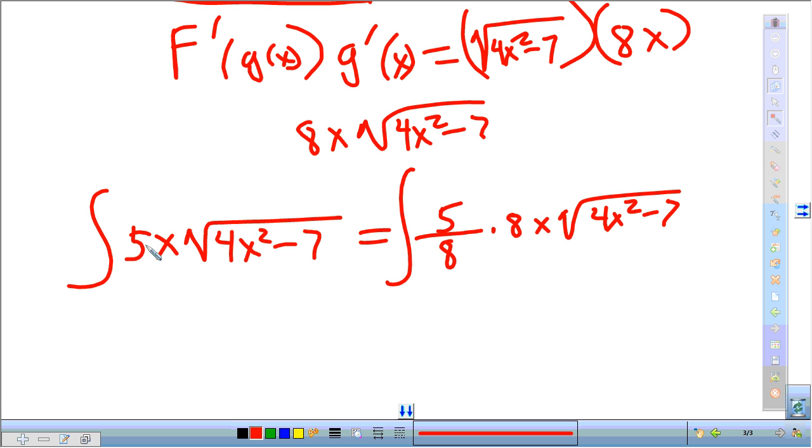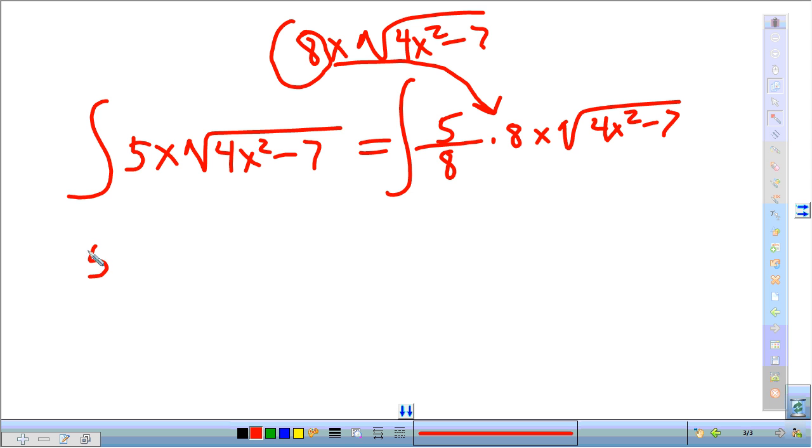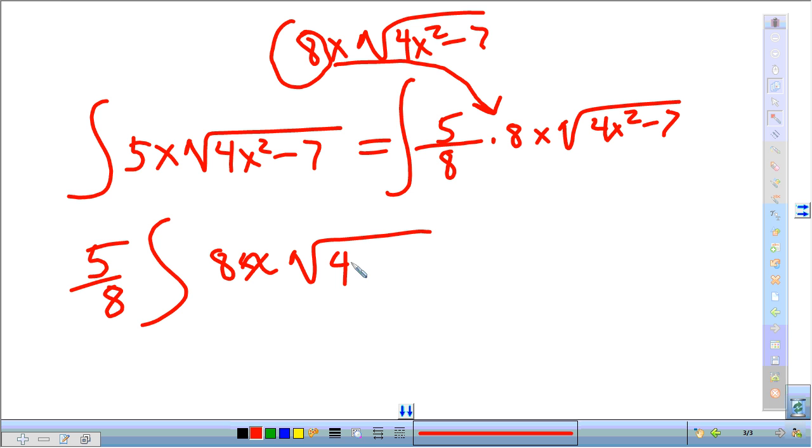So the 5, I'm just introducing this coefficient as 8 over 8. And so the 5 over 8 is a constant. I can bring that out. And now what's left is